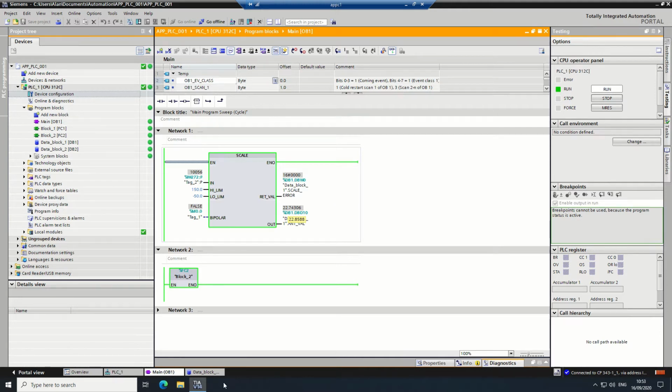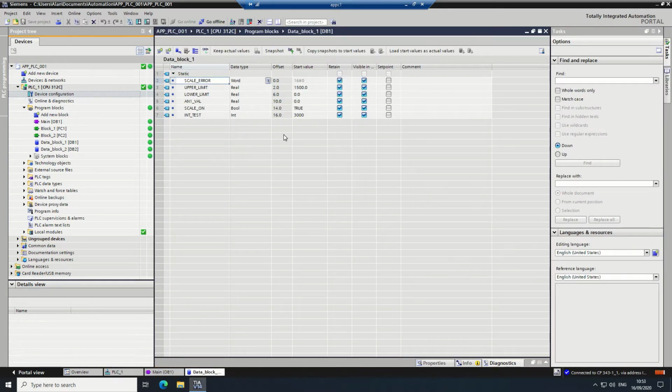input. Okay, so I'm going to open up the data block which contains the values, and I can see that there's this one here called AN1val, which is at position 10 in db1, and that's the one that we're after right now. Okay, so what I think is best is that we open up the previous demo one project